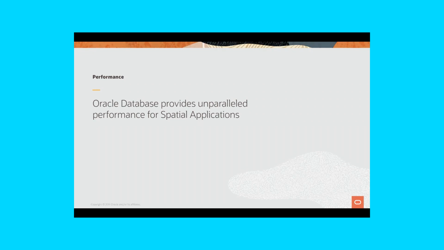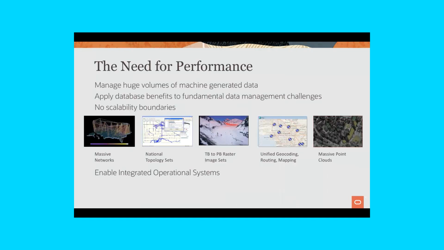Okay, so that's basically the first half of the presentation, where we just give you a very high-level overview of all of the different data types and different types of capabilities that we have in the database. And then one of the things a lot of people ask is, what about performance? If you're moving from a proprietary GIS software, how do you manage that performance expectation when you do this in a database?